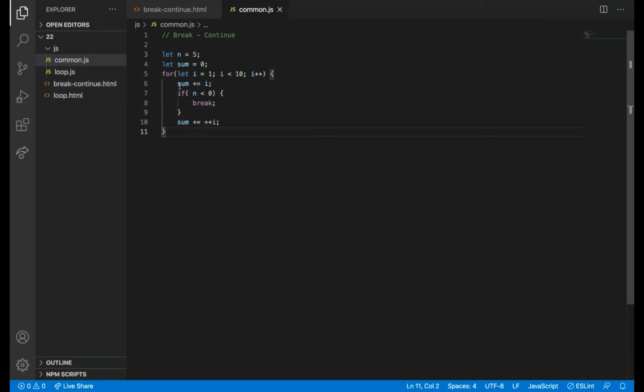Fine. So what it will do is, the statement will get executed, i equal to 1 by initiating, and then when it comes here, it will check whether the number we are passing is less than 0. If it is less than 0, we can take it as negative numbers. So when the number is negative, the loop will go to the for loop again. It will skip this line.